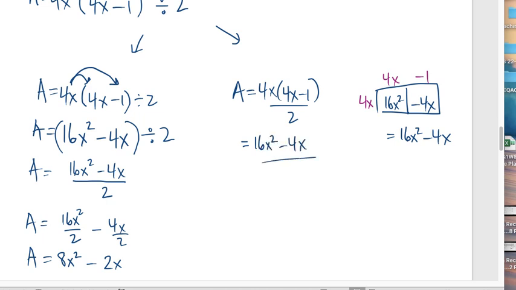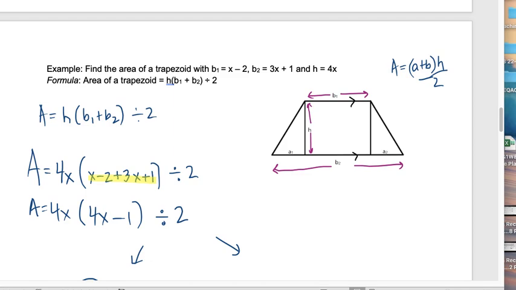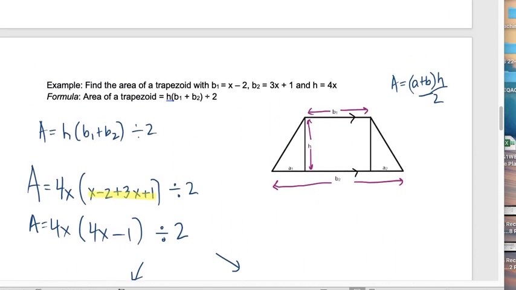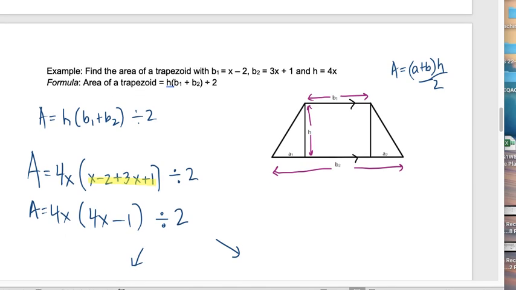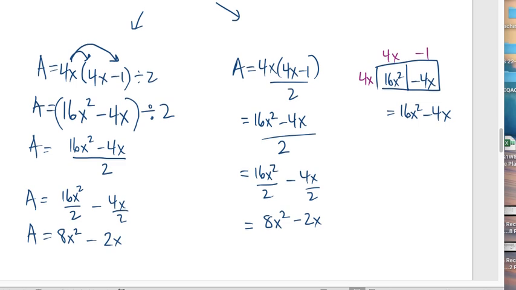So I'll just write it back in the equation here. All right, so divided by 2. So same thing as before. You can write them both over 2 like that. All right, and then we got the same answer. So there is the area expression. I know it's not a nice final number, but it's an expression to represent the trapezoid expression for this specific trapezoid here. Okay, all right, so please, again, like I said, go and do lots of questions